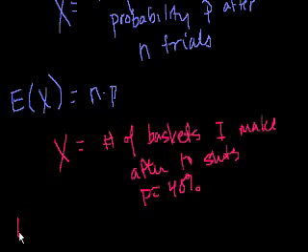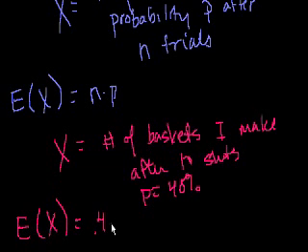We know that the expected number of baskets I make after 10 shots, where each of my shots is 40%, all I have to do is multiply the probability times the number of shots I'm taking,